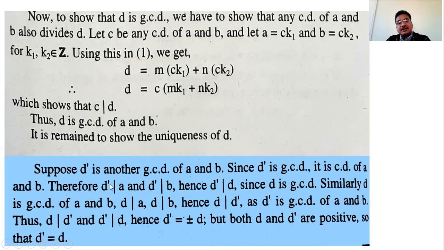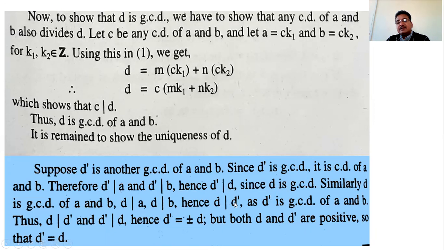And then D dash is a common divisor, means D dash divides A and D dash divides B. And as D is the greatest common divisor, by using the second condition, we have D dash divides D. Similarly, D is a greatest common divisor of A and B, means D is a common divisor of A and B. And as D dash is also a greatest common divisor of A and B, as D divides A and D divides B, by using the second condition,